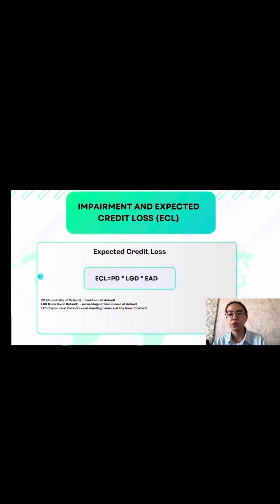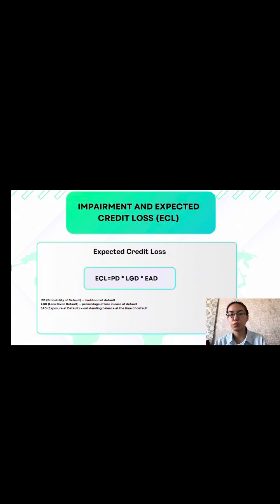The difference between IFRS 9 and IAS 39 is that IFRS 9 uses the expected credit loss model, while the previous standard uses the incurred loss model. To calculate ECL, we first need to build models that estimate two things: probability of default, or just PD, and loss given default, or just LGD. Only after we have these models, we can calculate the expected credit loss using the formula ECL equals PD